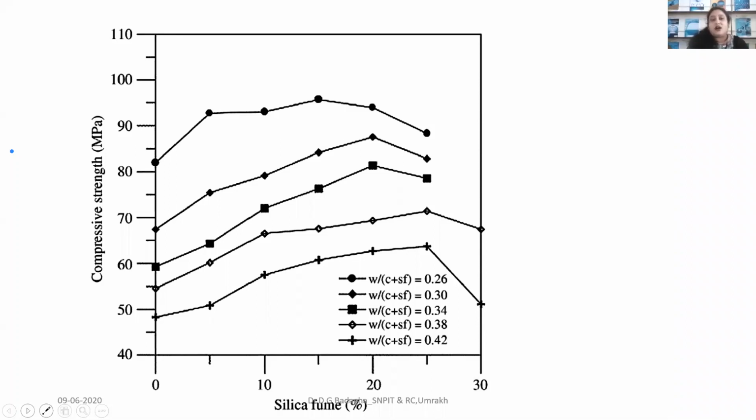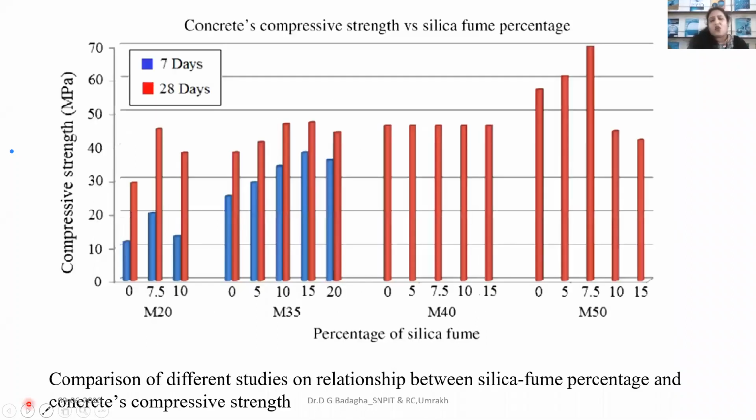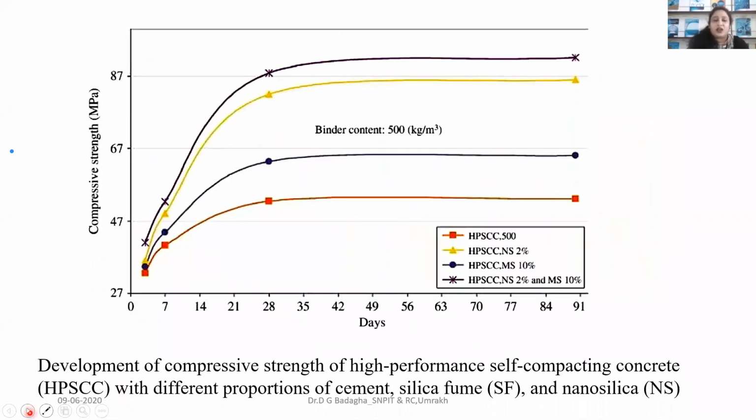So it is only a simple graph for your understanding. For replacement, for different grades of compressive strength, you can easily understand if M20 grade is there, M35 grade is there, M40 grade is there, M50 grade is there. So what will be the strength effect after 7 days and 8 days? You can easily understand the percentage replacement. Okay, so this is only for that, and whatever I showed over there, here I put in another graph form.